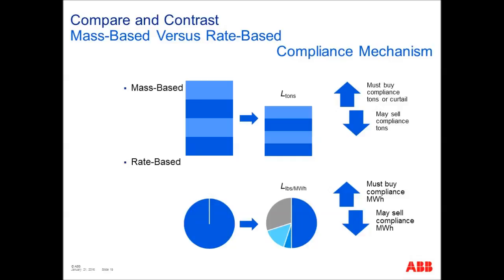Now let's contrast that with a rate-based program. In a rate-based program, here is our block of affected units that we talked about earlier, and it looks like a plate. I want you to think of it like a plate, because the difference between the mass-based and the rate-based is the mass-based has a direct calorific limit, but with the rate-based, we're going to redefine how we eat. So when you see that plate, imagine there's a hamburger, French fries, and a Coca-Cola. The key thing about this meal is the meat.